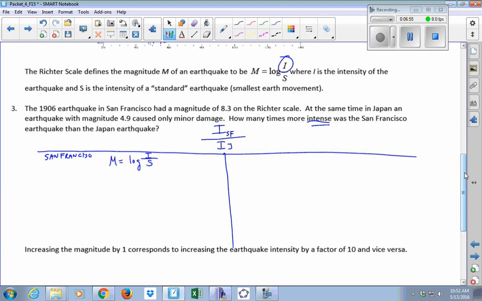So I'm just going to make that green just so we know that that's a constant number. We don't have to search around our problem for trying to find it, right? I is what we're solving for. So our only hope of doing this equation is to get the information for the magnitude of the earthquake, and that's given to us in the very first sentence. It says the magnitude of the earthquake in San Francisco is 8.3. So I'm going to replace M with 8.3,